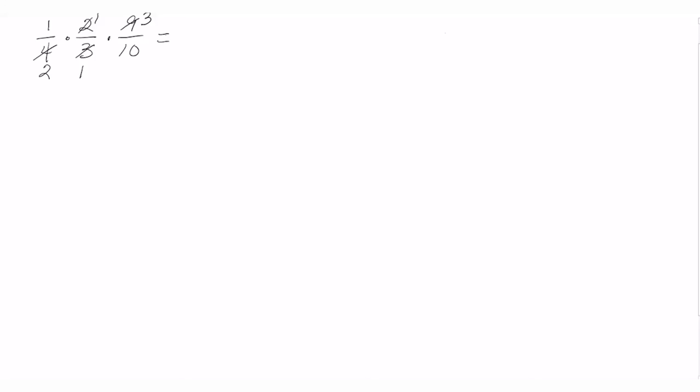So now, and I'll show you all the steps, we're going to have 1 times 3 over 2 times 1 times 10. So our answer here is going to be 3 over 20. And once again, this can't be reduced because we've already reduced it by canceling out as we went. So no matter how many fractions we have, we can cancel out